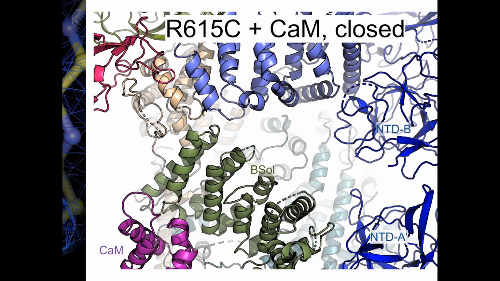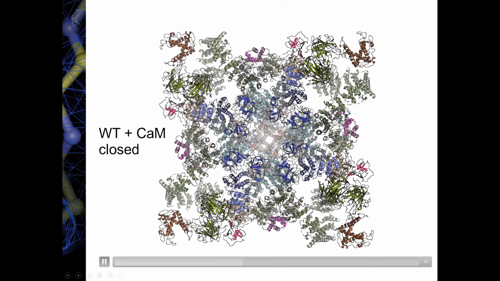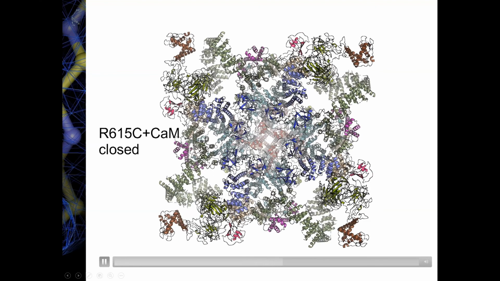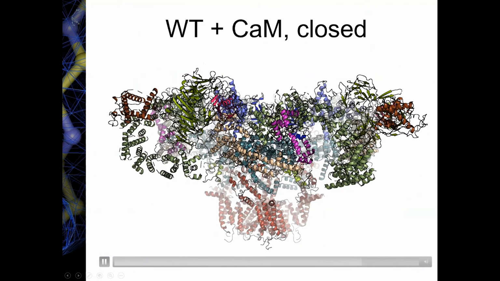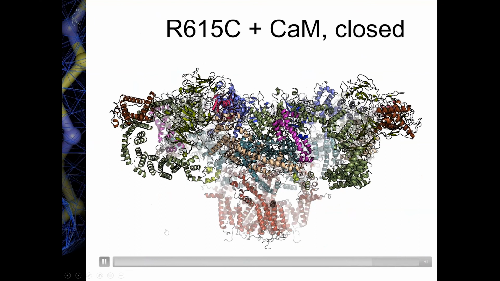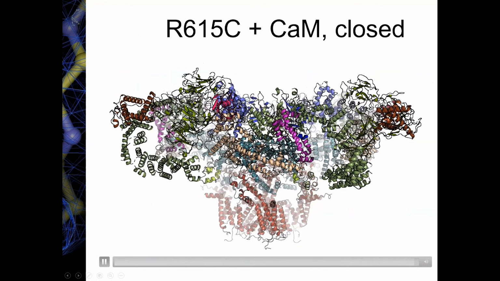motion visible. Also, when you look at the overall structure, you get overall motions here that are very similar to the motions I showed you before, but they're a little bit dampened. And most important here, there are very few changes in the transmembrane region. You might argue that the pore gets slightly wider, but it's still not wide enough to actually permeate calcium ions. And also here on the side of the cytosolic cap, you see some motions that we typically see before.